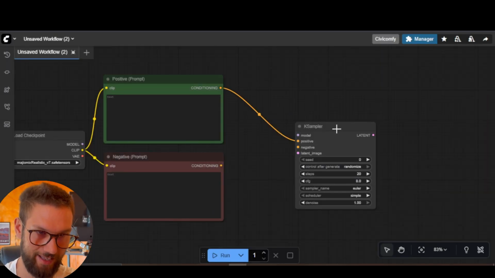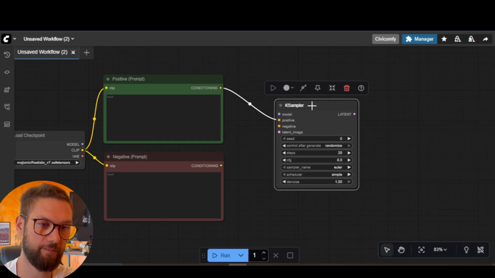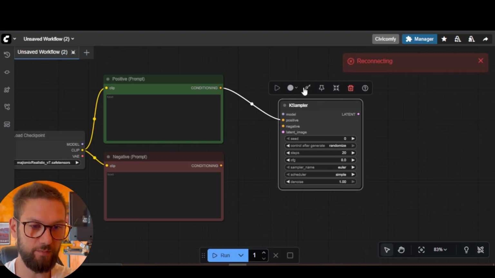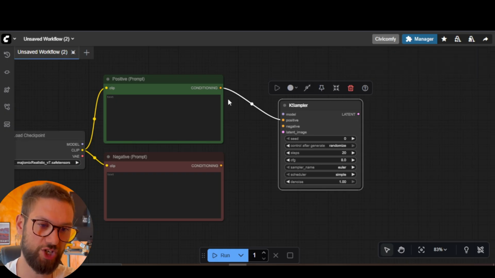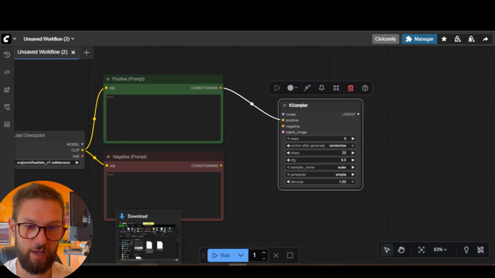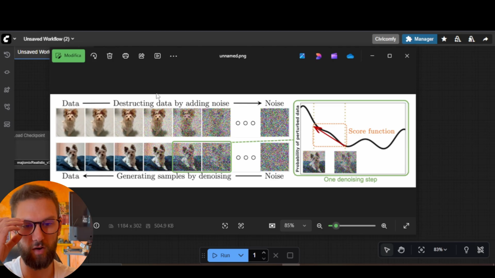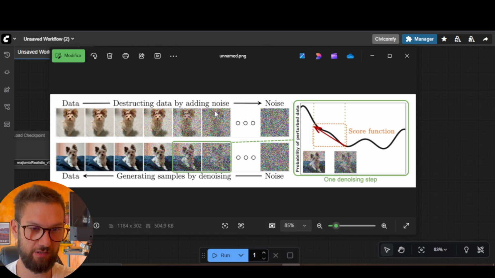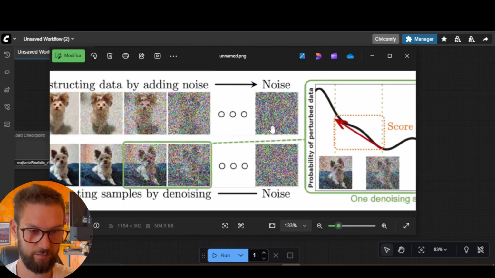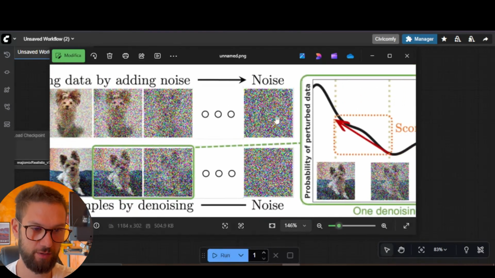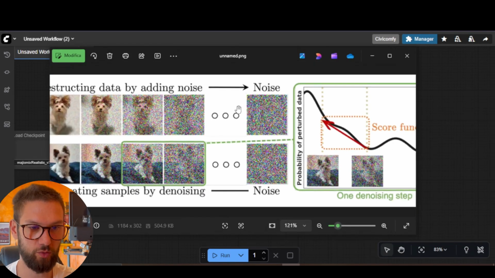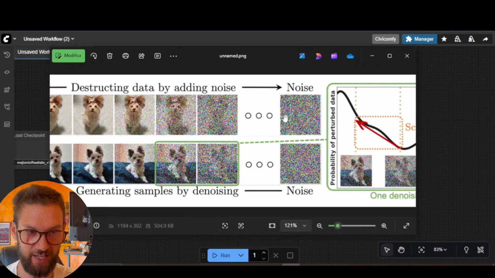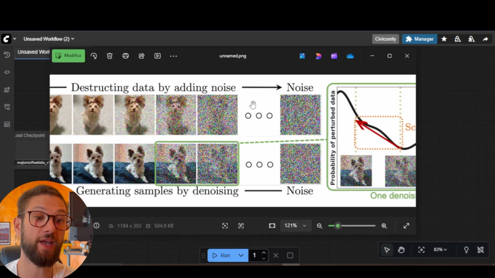Now, what is a KSampler? A KSampler is basically the algorithm that our model will use to generate our image. Now, let's take a look really quickly on how an AI creates an image to understand better all this process. So an AI will start with a random noise. As you can see here, random noise. It will use an algorithm to denoise this image, so remove the noise of the image based on the prompt